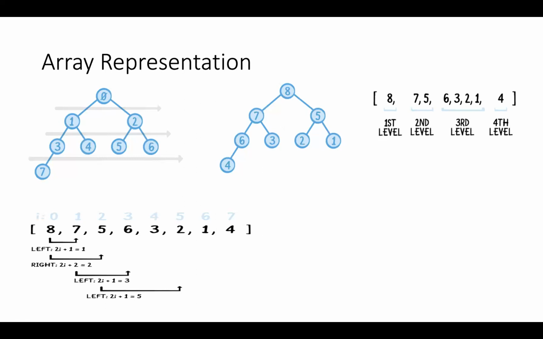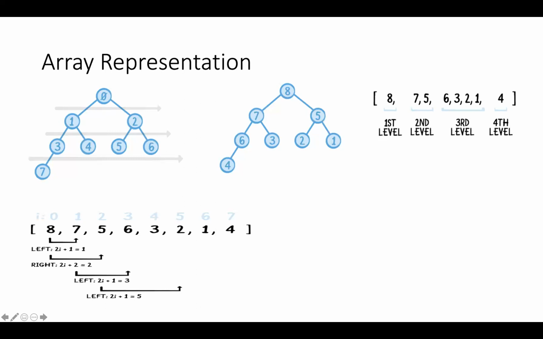the last parent will always be at the n by 2 minus 1 position. Even if I remove this 4, let's say 4 was not there, and you just see this as an array 1 2 3 4 5 6 7, then 7 by 2 will be 3, and 3 minus 1 is 2, so the last parent will be 5. If I had removed this 4, the last parent will be 5 in that case.